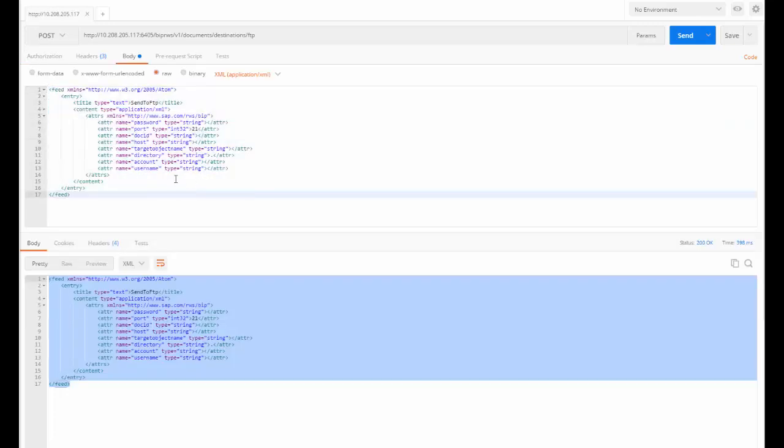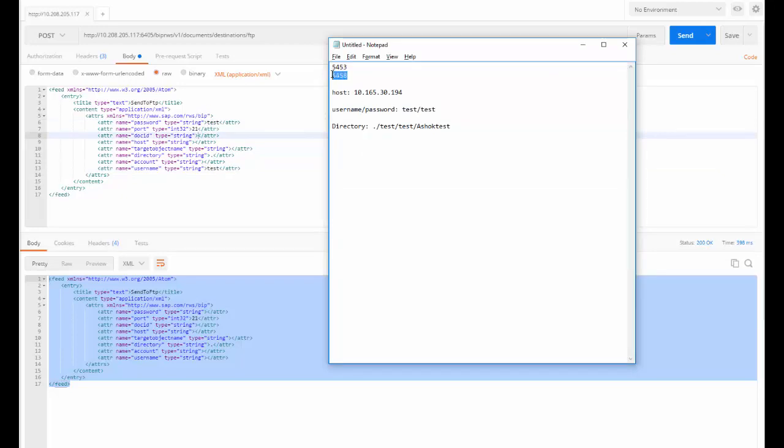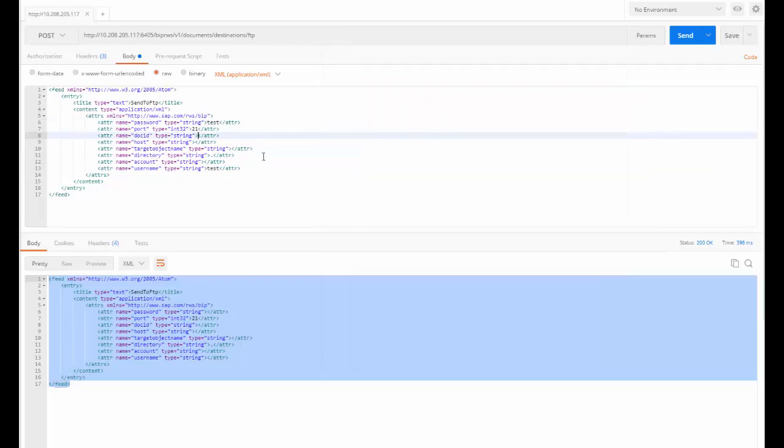And now we have to specify the values of these attributes. The username and password for our FTP location, the document ID which we took a note of, 5458, the host, the target object name is optional, the directory is mandatory.